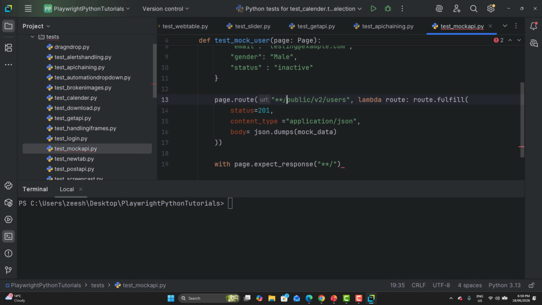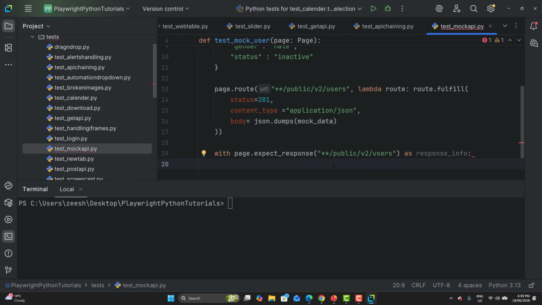So let me copy this from here and paste it over here. So public slash v2 slash users as response_info. And now, because we don't have an actual page, I will trigger the API call using